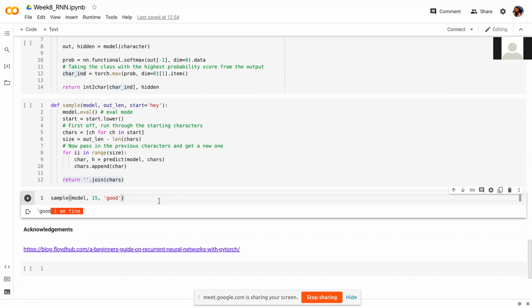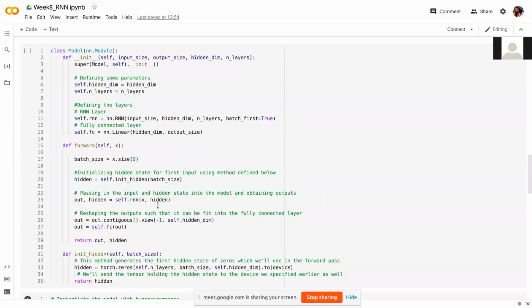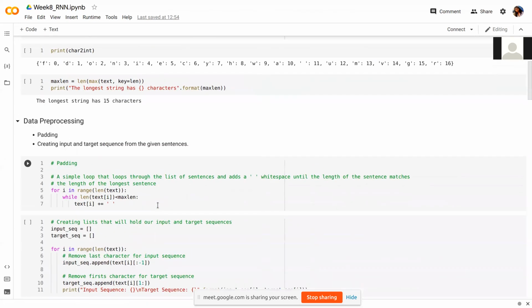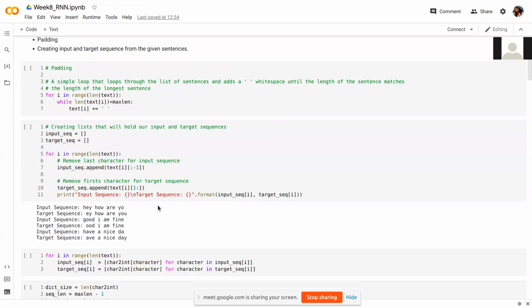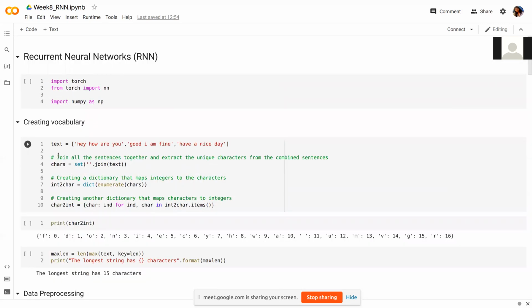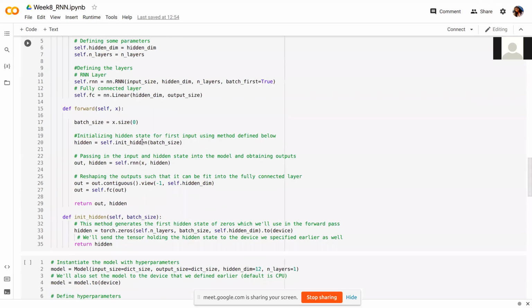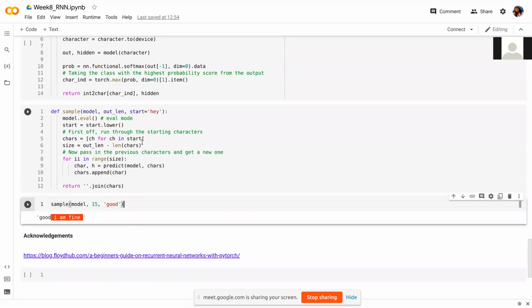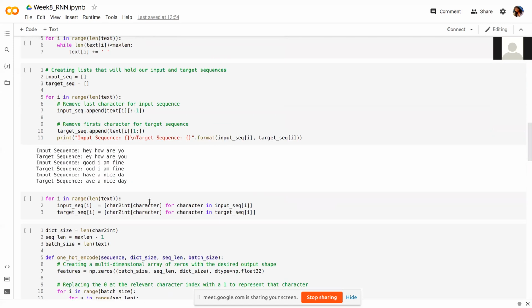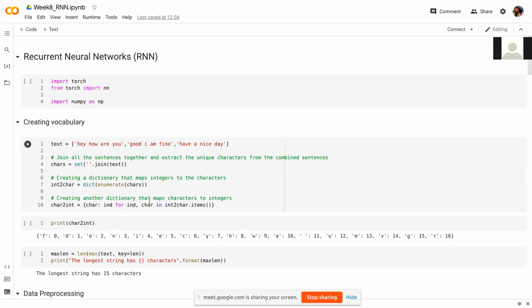Okay, so this is a simple tutorial on recurrent neural networks where we have implemented a character level language model with this as the vocabulary and this as the training data set. The model has been trained and the model is doing pretty good here. Given this good as an input, it is able to predict good, I am fine. Okay, so now